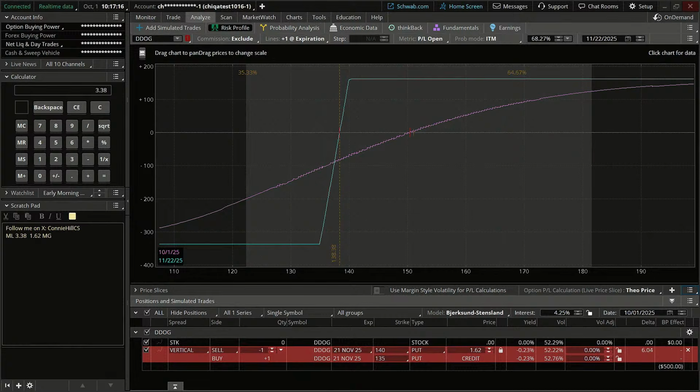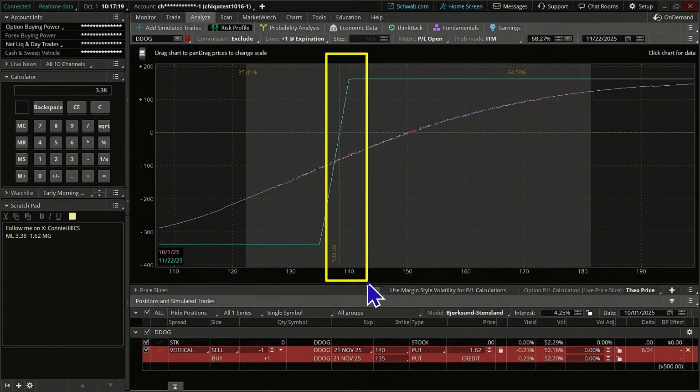So what it ended up leaving in our graph is what we call the price slice. And we can set price slices for a lot of things. We could set it for up 10% or down 10% or 5%. We could set it up for one standard deviation, two standard deviations. There's a lot of things we can set it up to, but just knowing probabilities at the option expiration is really helpful. And so we have two figures that might be a little bit difficult to see. I wish I could brighten them up, but they're in this dim orange color, and this says 35.55%. What does that mean?